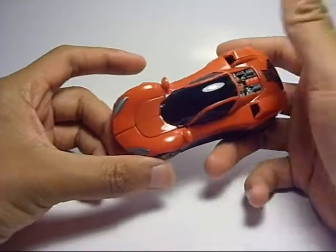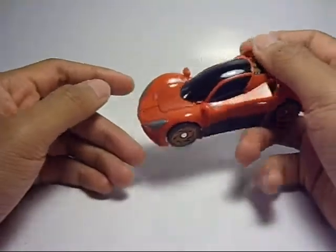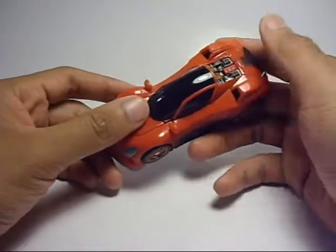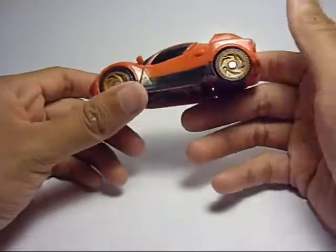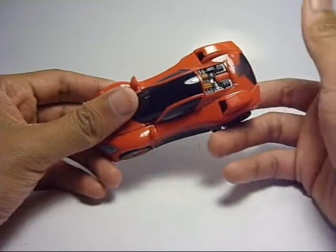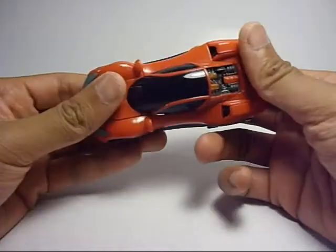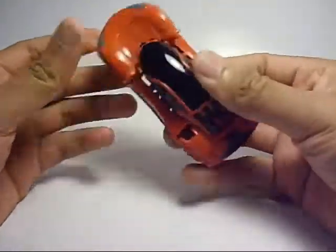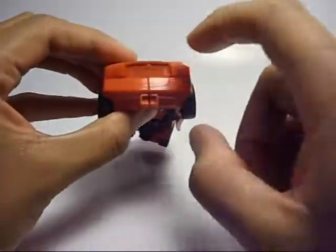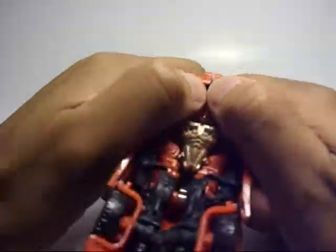All right, transformation. Now, I'm going to tell you right now two things. One is, whether you're getting him in or out of robot mode, it's going to be a struggle. And two, I don't have the instructions and I haven't transformed him from car mode to robot mode in a while, so I'm just going to do it the ghetto way. So try to follow. What I like to do is take them from both ends and push up. That basically untabs everything, and you want to just keep on untabbing everything. And back here is really annoying because the peg right here and this supposed exhaust pipe is really fat and...